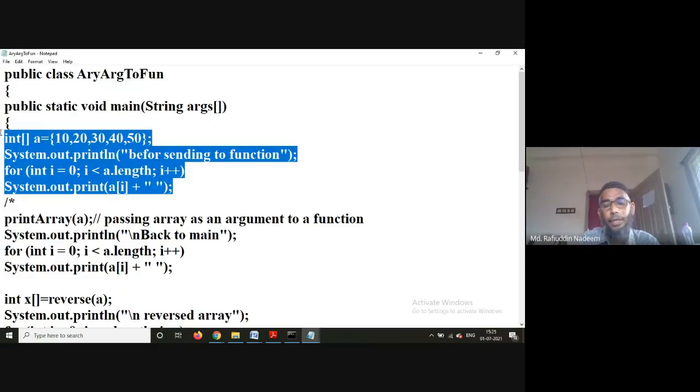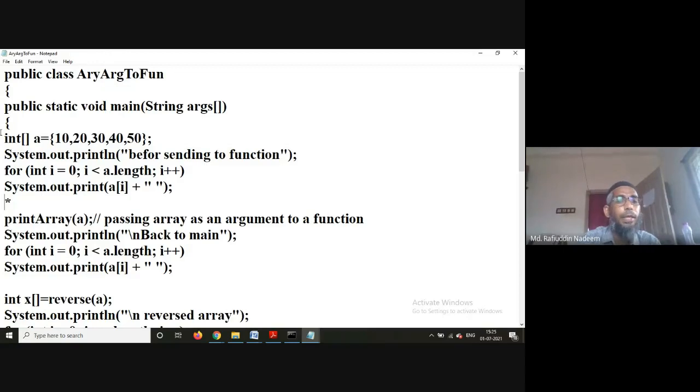Now what I am doing here is, I passed the array to a method called print array. Now, another point, before the conclusion I will tell you: print array is a method.